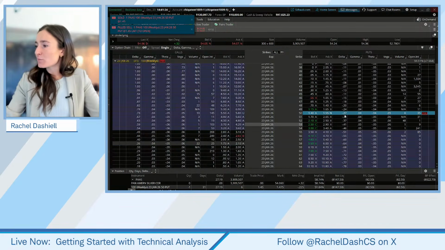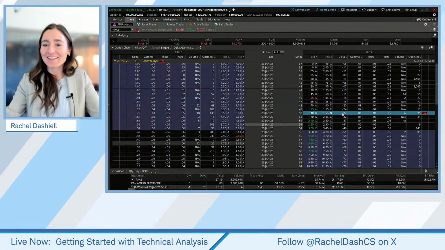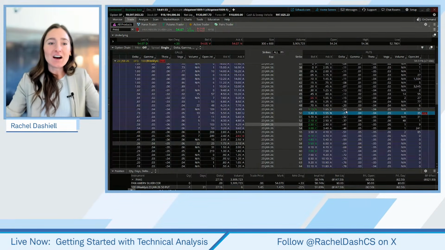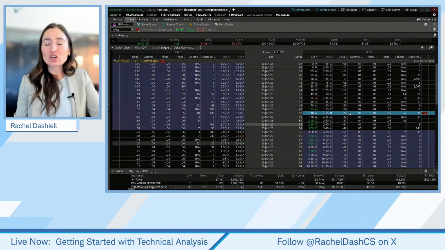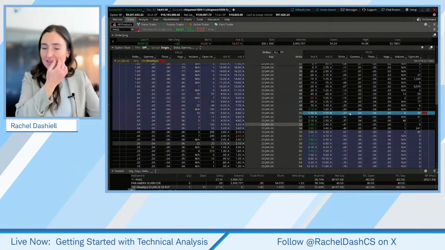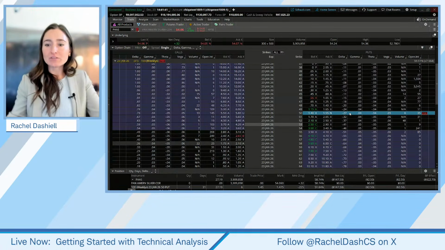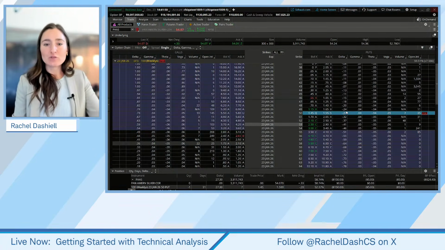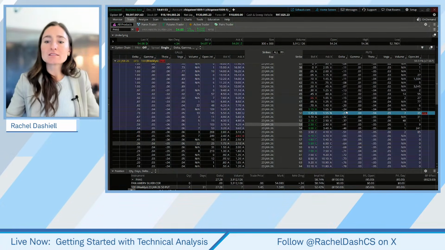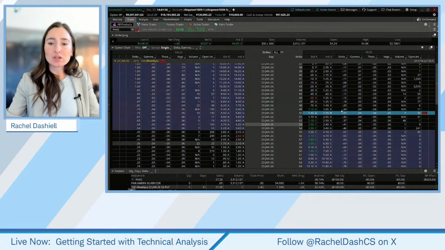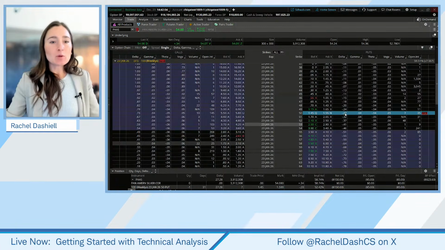And another thing that someone mentioned in the chat, great call out there with that delta. A lot of times when we are selling options, I know today we're purely looking on a technical basis, looking at that Fibonacci retracement level right at 50. But a lot of traders, when they're selling options, may look at a smaller delta, because that's going to tell us how much our option is going to move based on a $1 move in the stock price. It's also going to tell us the possible probability of that option expiring in the money. So in this case, it's going to give us a much smaller probability of that option expiring in the money, which is probably what we would want.